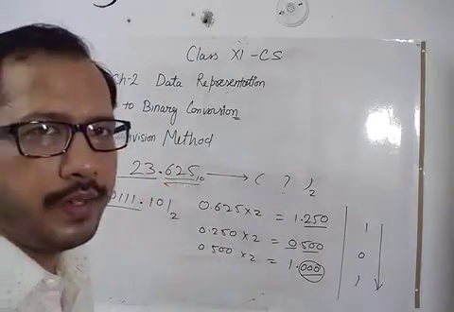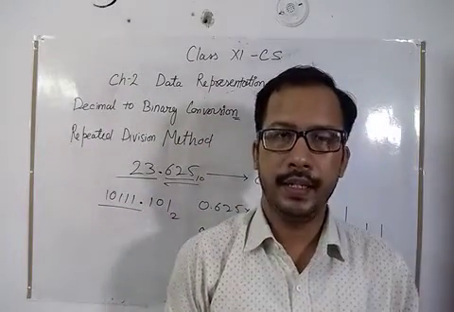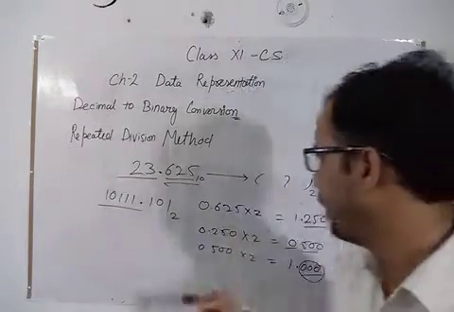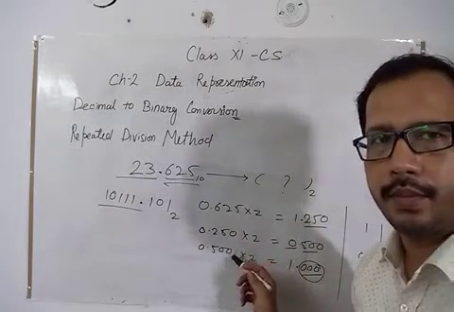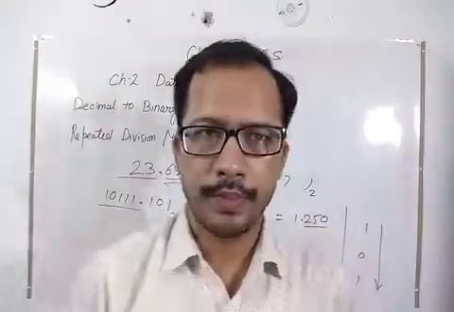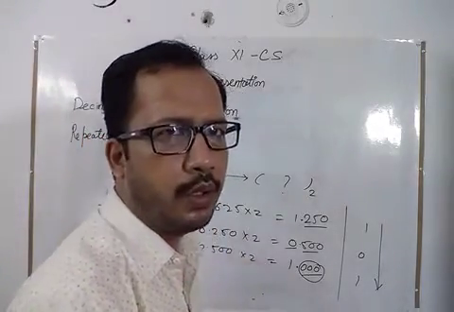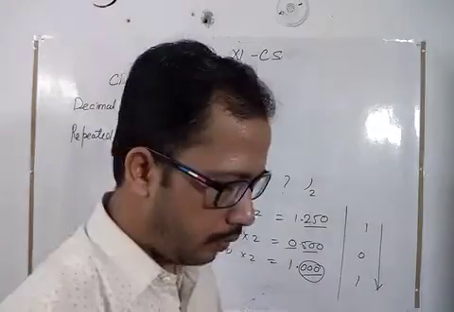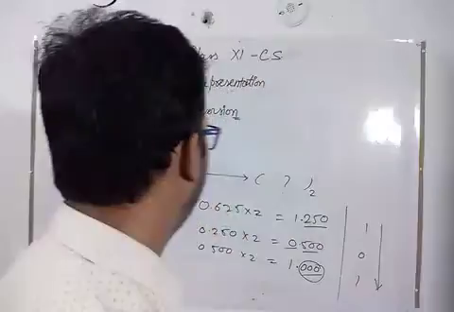So for the fractional part, every time you will multiply it by 2, and when you get something at the left side of the decimal point, you will arrange it like this, and the fractional part again you will multiply by 2, and whenever you get 0 you will stop. If you are not getting 0, suppose sometimes it is repeatedly increasing, so simply do it for up to 10 digits. Okay, so this is the method, and today I will talk about the next method of converting from decimal to binary.